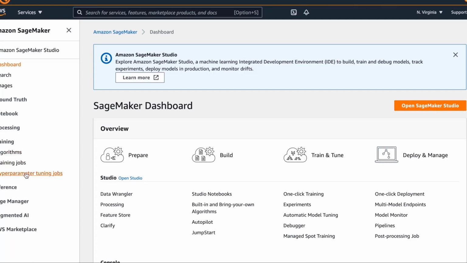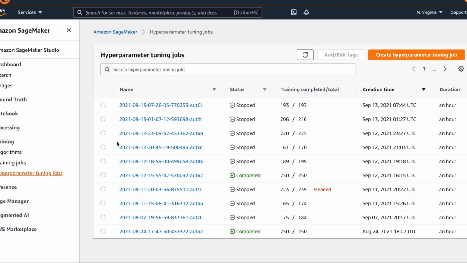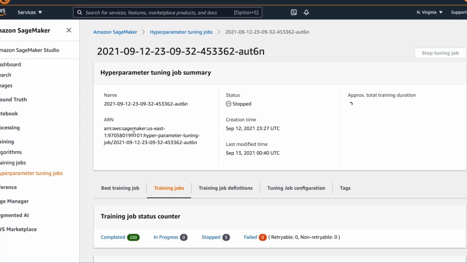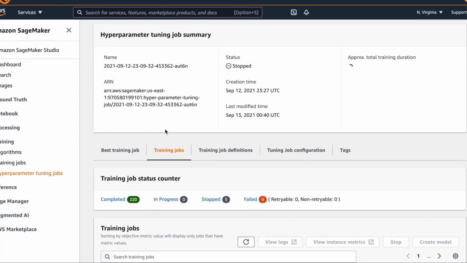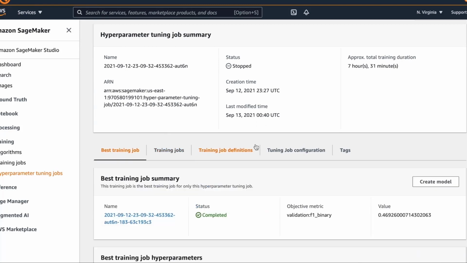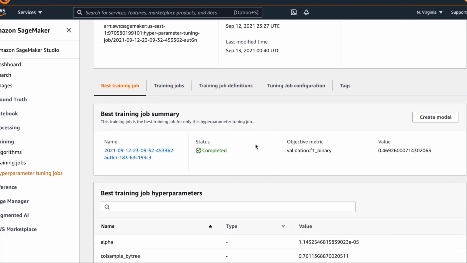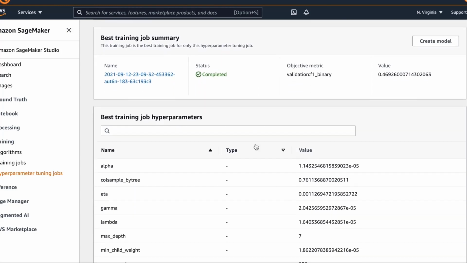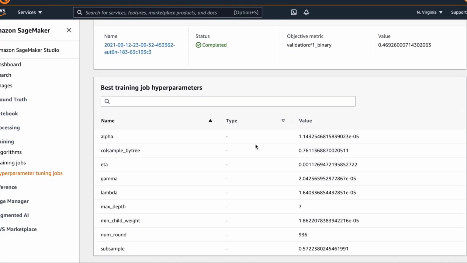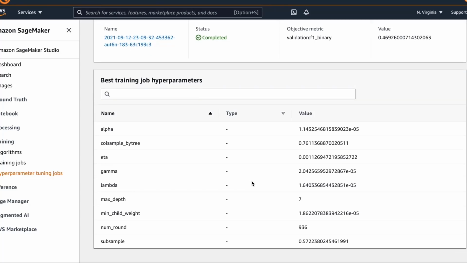She can go to Hyperparameter Tuning Jobs and then select the name of the job that was run. She can then click on the best training job, and she can see similar metrics that you might see from the show model command. She's most interested in looking at the best training job hyperparameters.